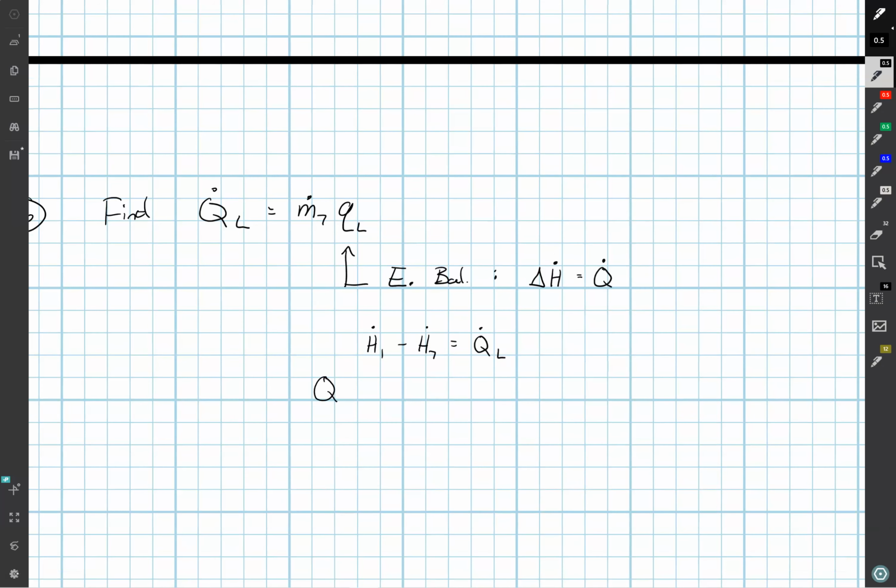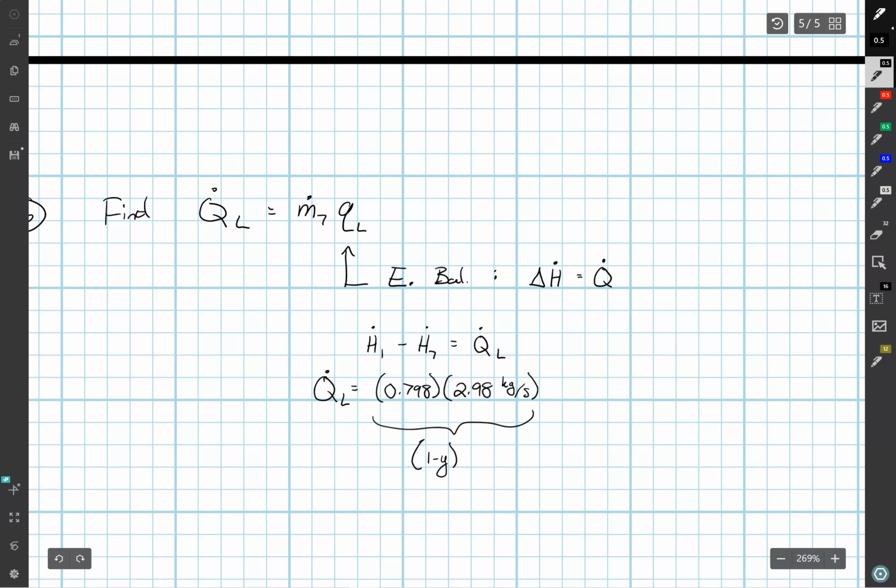So we can find this where Q dot L is equal to H1, which is going to be the mass flow rate of 1, which is 0.798 times 2.98 kilograms per second. Right, this whole value, this is 1 minus y m dot, or m dot 1,